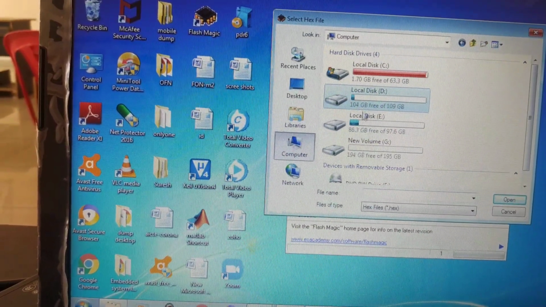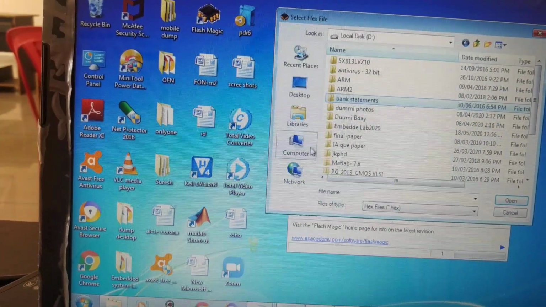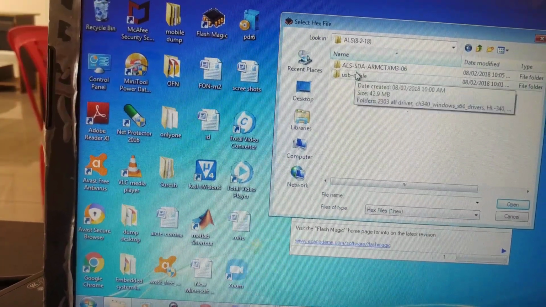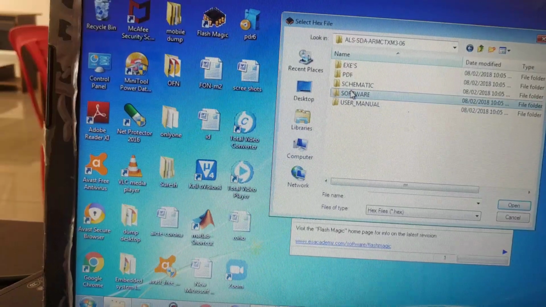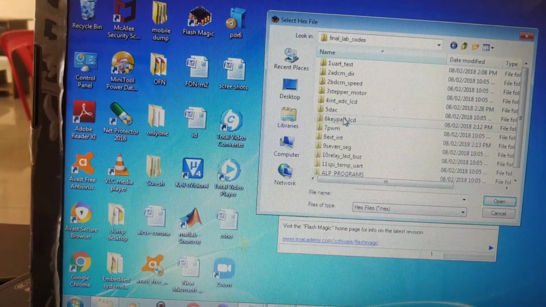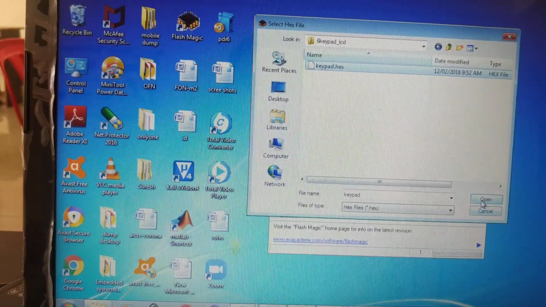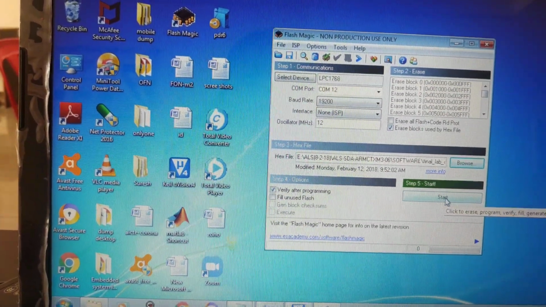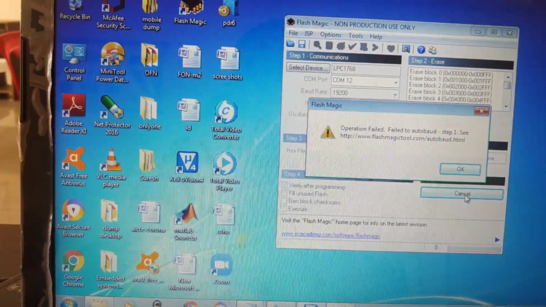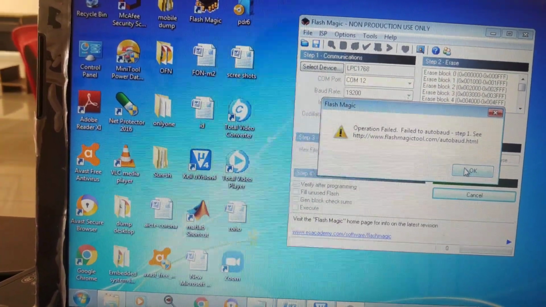See, already we have a program. Go to the hex file of the keypad program, that hex file is already created. So select this keypad.hex, open this one and start executing. Once you start executing, we have some